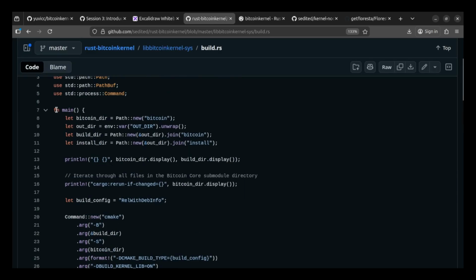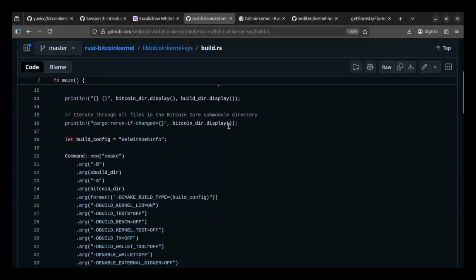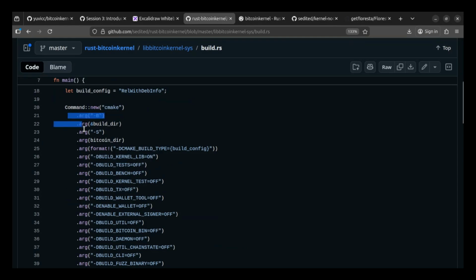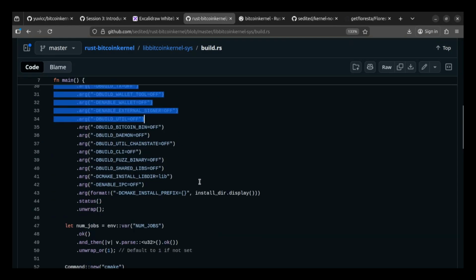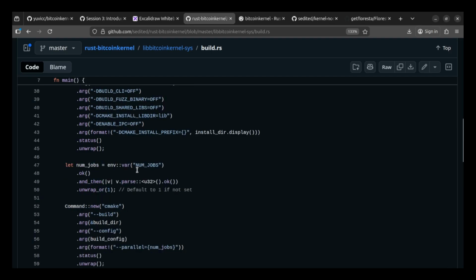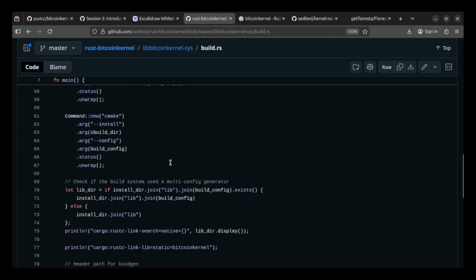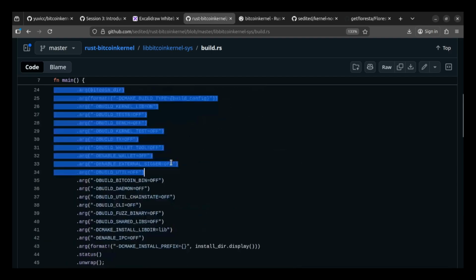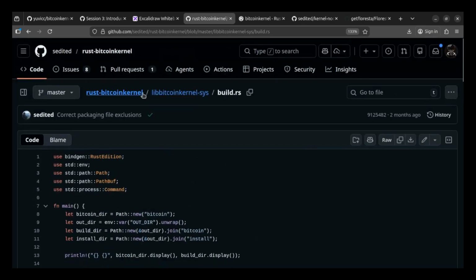So here you can see it is defining the path to the directory and the path to the build directory, install directory, and then here are some CMake arguments, and then all these function jobs and all these arguments. And yeah, after this, it will create a